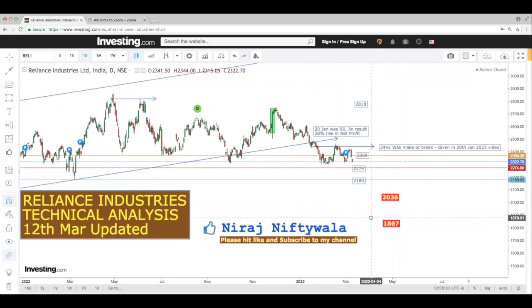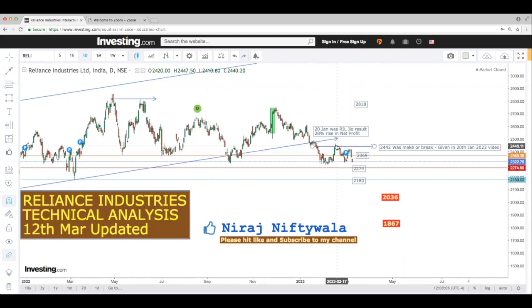And 30th of March, I repeat, is an important date where it's looking like a possible date where some kind of a new low can be formed, plus or minus 1 or 2 days. If you are an investor, you can look at that particular date and see whether Reliance is pausing somewhere and trying to make some kind of an up move. If you see this kind of a formation, which we had seen somewhere around 30th of January, it paused for some days and then it tried to go up. It paused for a day, but then this kind of an up move is